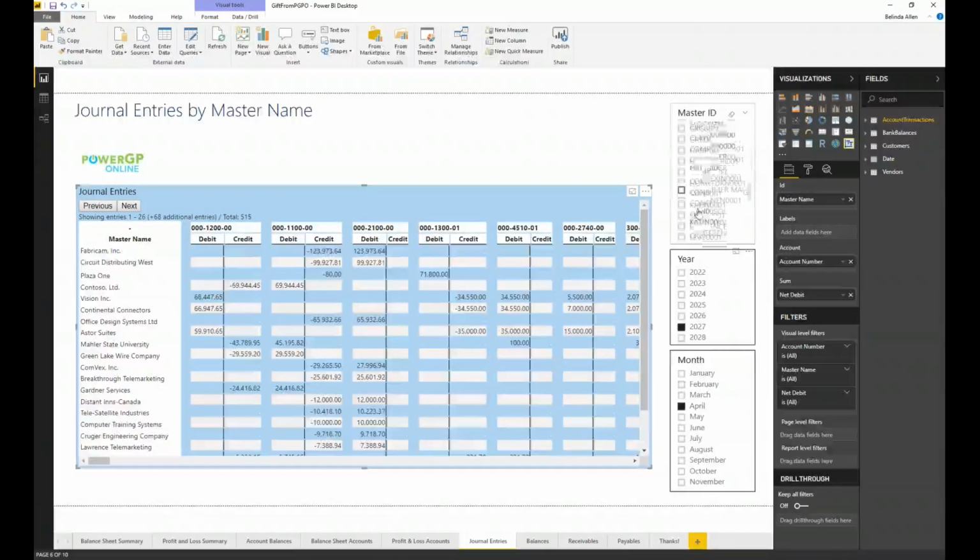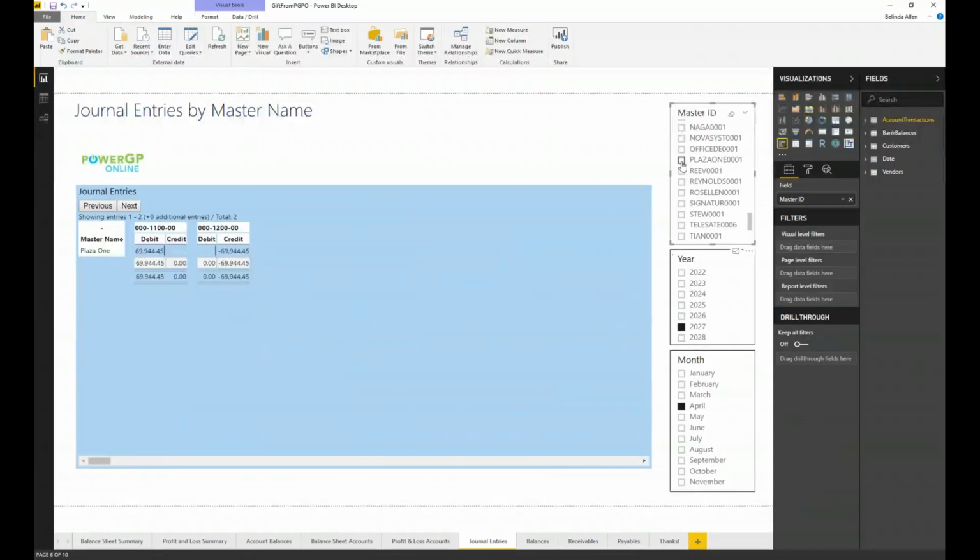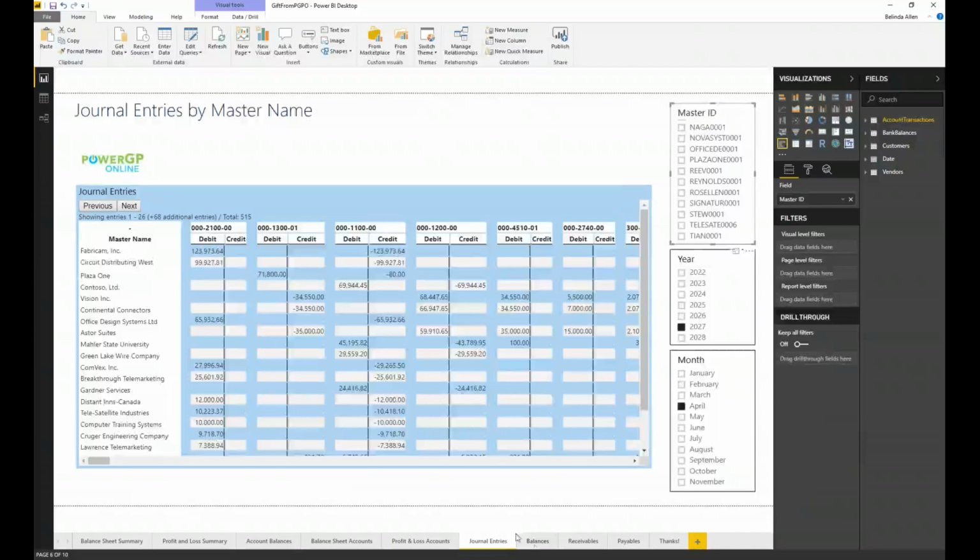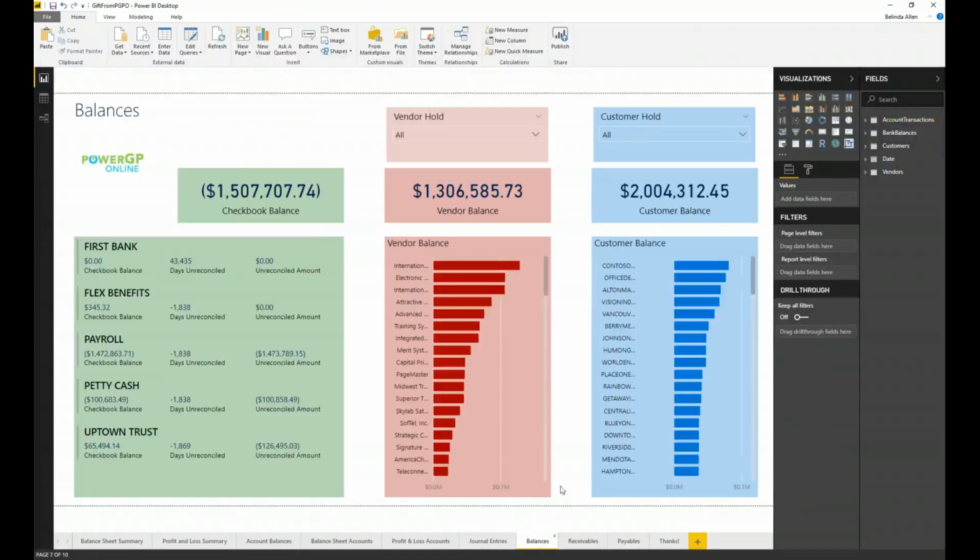Let me come up here. That Plaza One has on our company. And so you could look at any of these side by side as you go along. In the version I'm going to give you, guys, I also have bank balances, vendors, and payables information. I won't get into those, but I do have that available.